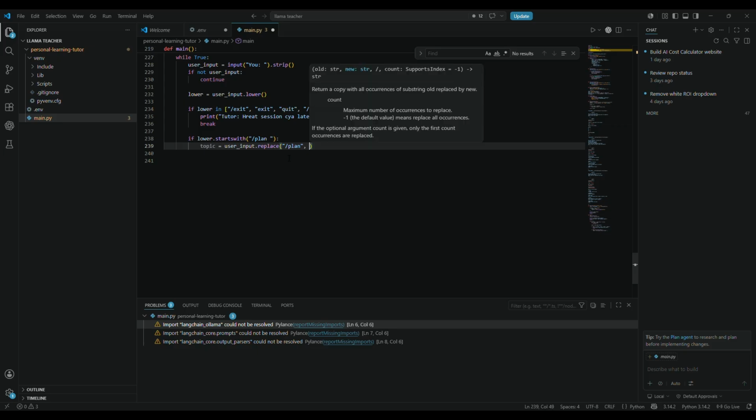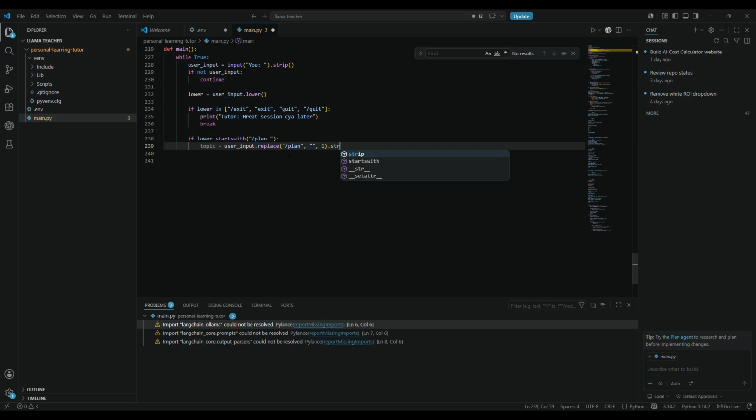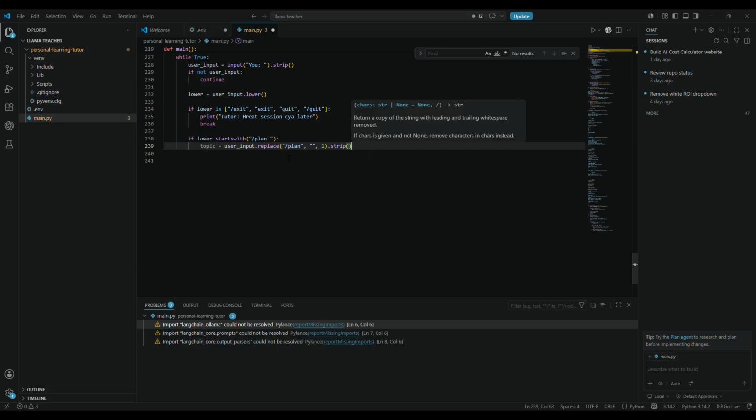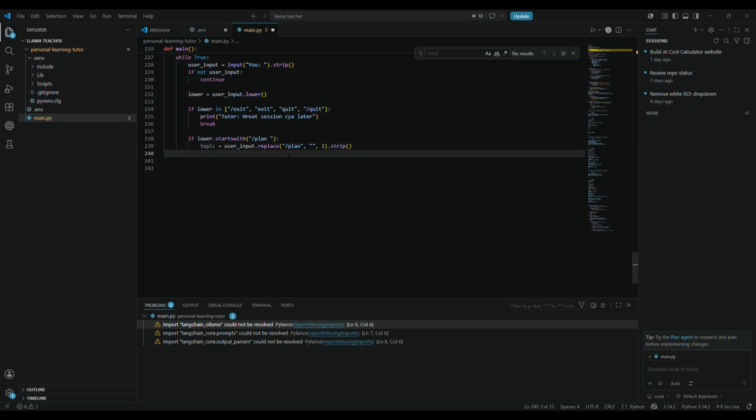And what are we going to replace? We're going to replace the plan, and we're going to replace it with this, and then strip it. And that is your topic right there. And we do make plan,